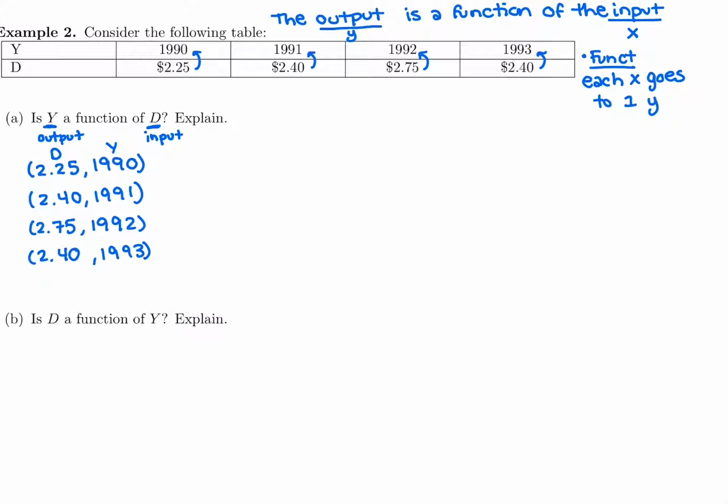So looking at that list of x's to y's, of inputs to outputs, here they're called capital D, capital Y. So the question is, does each input go to one output? Well, 2.25 goes to 1990. That's good. I don't see 2.25 going to anything else. But 2.40 is going to 1991 and 1993. So this is not a function,